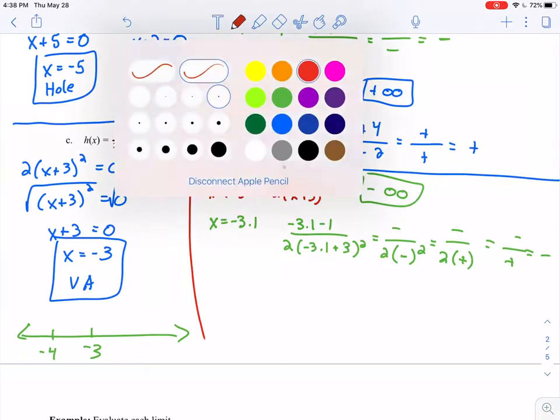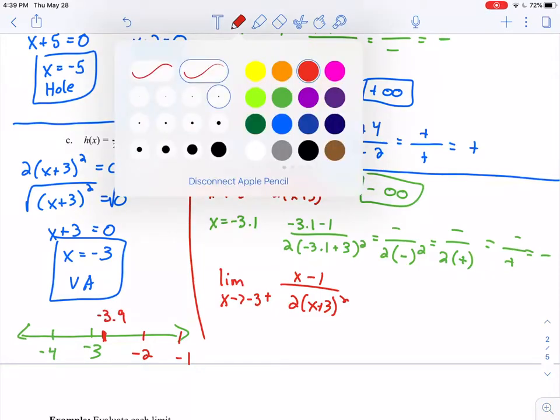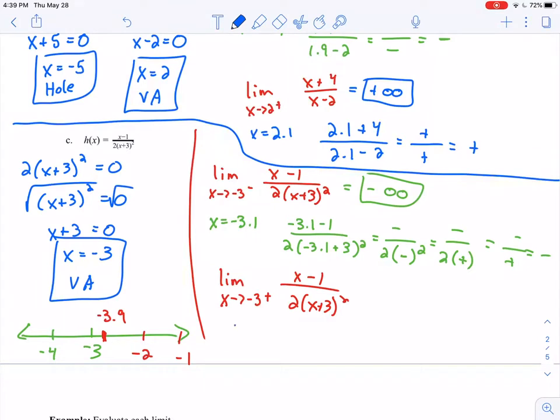For the right-hand side, I want to look at the limit as x approaches negative 3 from the right-hand side of my function. And again, just refer to your number line over here. So numbers on the right-hand side, you're thinking about negative 2, negative 1. So I might pick a number that's very close here, maybe say negative 3.9, and I'm going to plug that into my function. So let's take x equals negative 3.9. Let's plug this in. Let's see if we get back a positive or a negative result. So negative 3.1 minus 1 over 2 times,